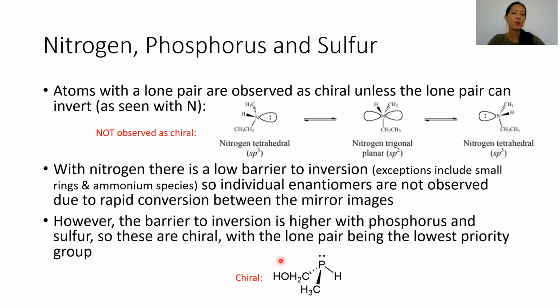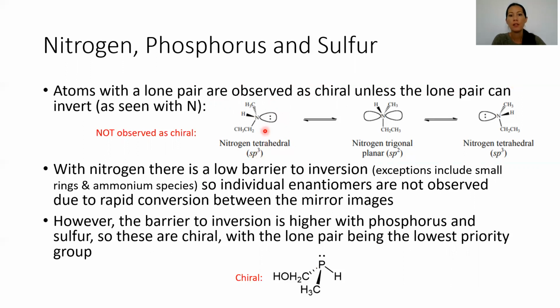Okay, a few more slides left. What about nitrogen or phosphorus or sulfur as a stereocenter? Because you can actually have 4 different groups, right? Nitrogen can have 3 different types of atoms and a lone pair. So what's interesting is atoms with a lone pair are observed as chiral if they have 4 different groups or 3 different substituents, unless the lone pair can interconvert, as you see with